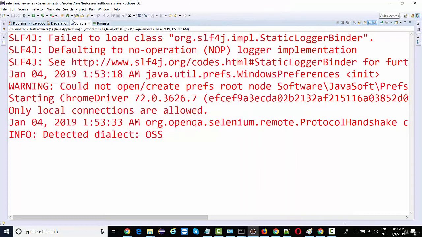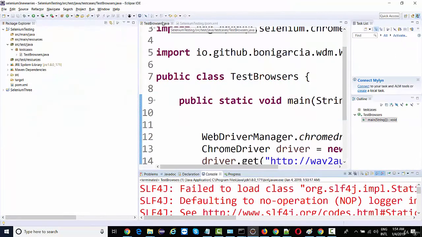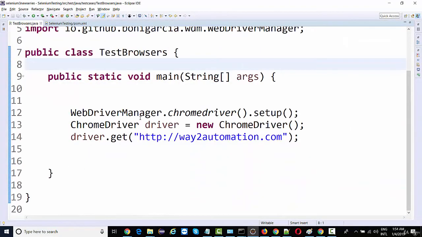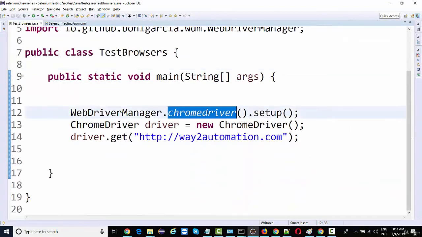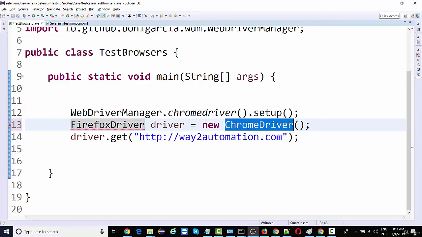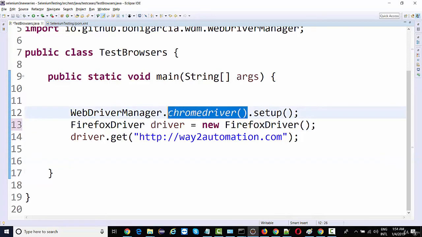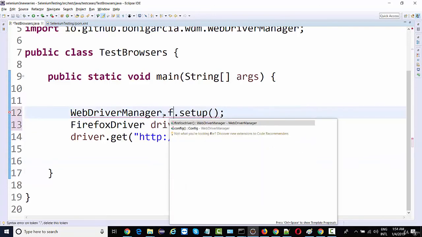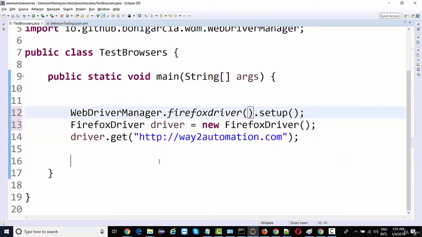We have automated the executables part as well. Instead of ChromeDriver, if I want to run it on Firefox, instead of ChromeDriver, give FirefoxDriver.